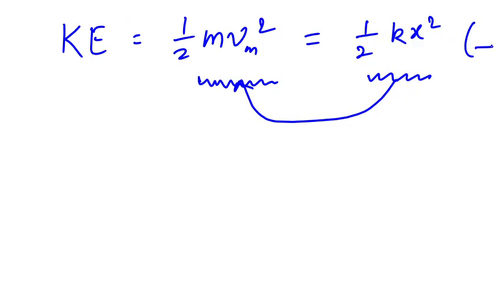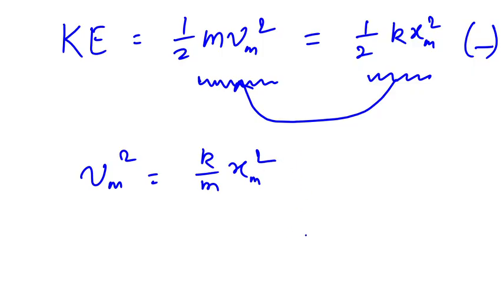This was the maximum potential energy, at xm. So what will be Vm? Vm square will be k by m xm square, and Vm will be under root k by m